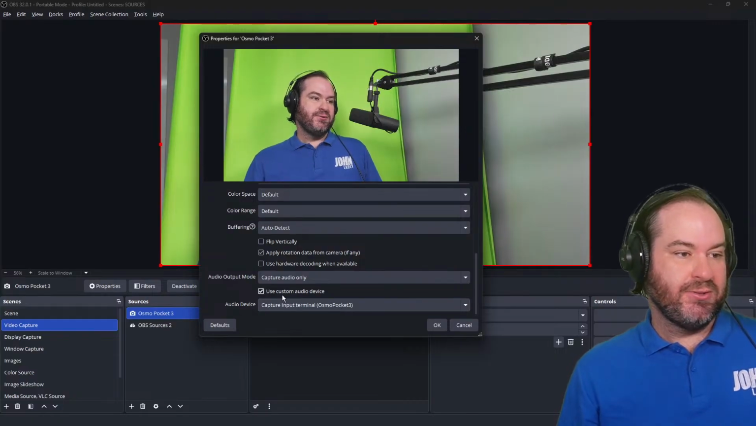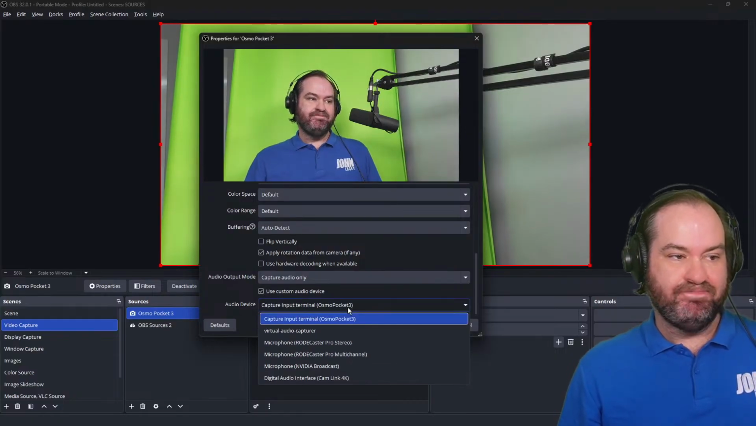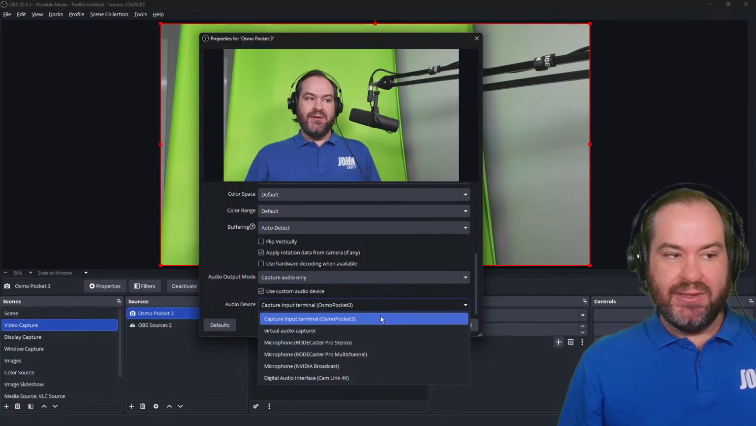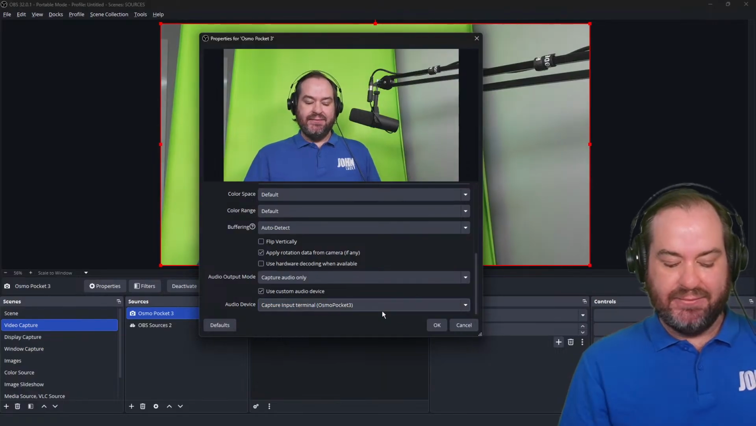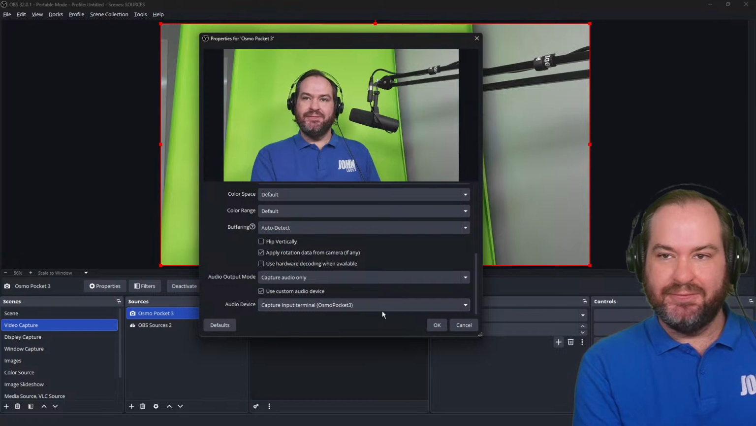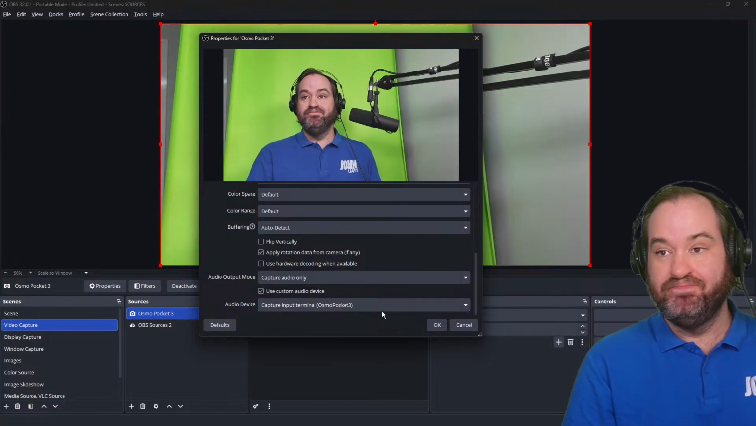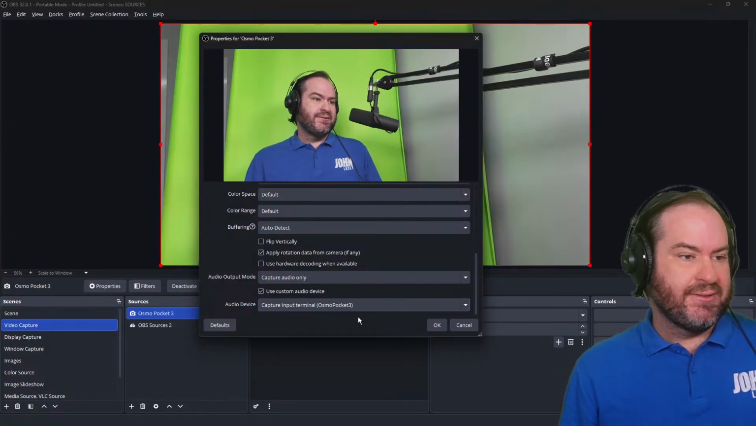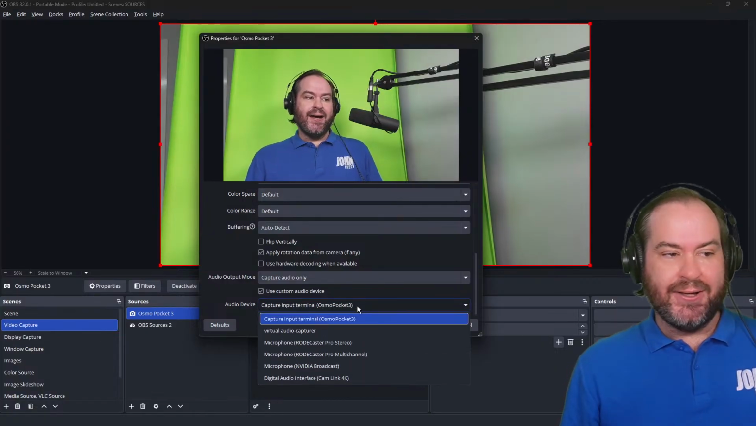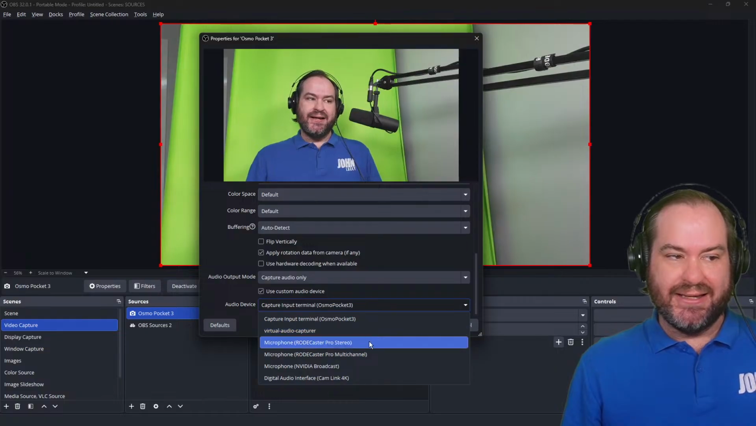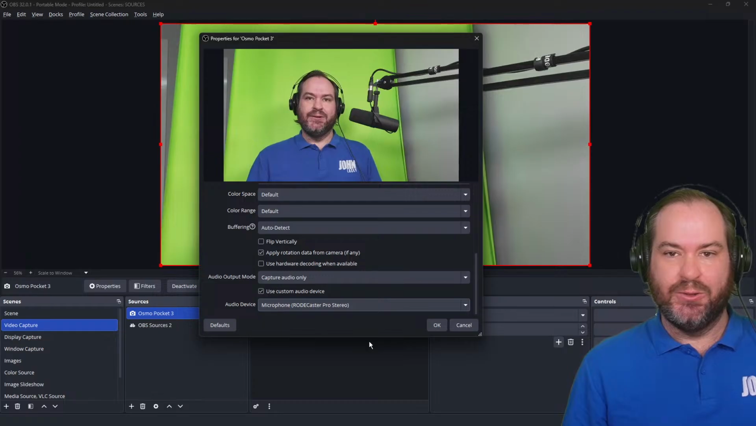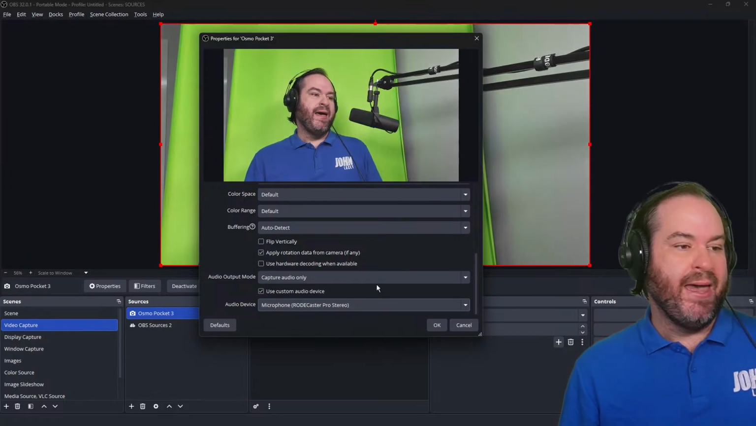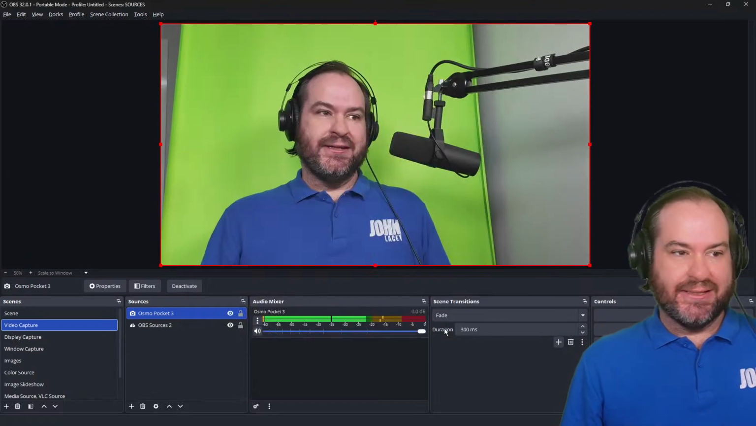So if I go to use custom audio device, I can actually bring it in from the Osmo Pocket 3. And again, if you're using a wireless microphone, if you've got some boom microphone, some video microphone attached to that one, you can certainly do that over there. I could bring in other things too. So if I bring in my microphone Broadcaster Pro Stereo, that would bring in the audio that you're listening to on the stream. And I'm just going to click OK just to show you what this looks like,